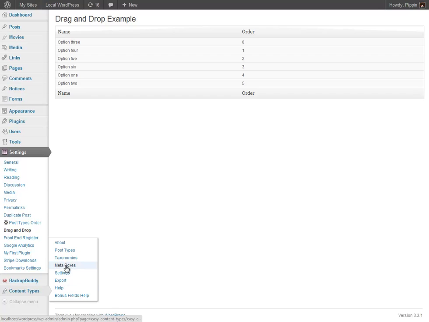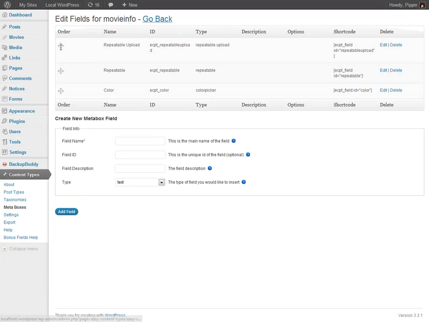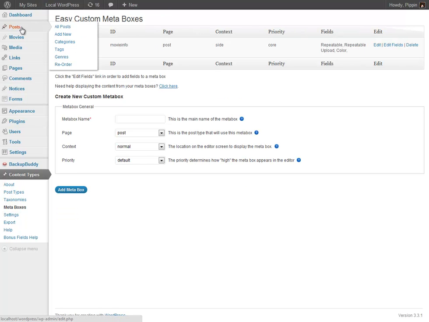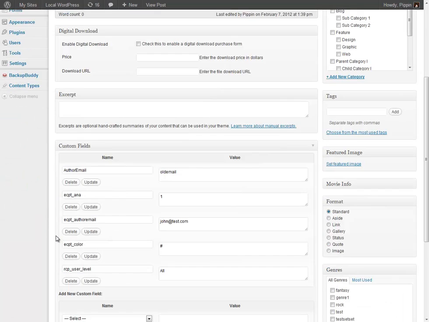Like I showed you in Easy Content Types, we have our meta box fields right here, which we can drag and drop into whatever order we want. We refresh, and we see repeatable upload is now there. And if we go over to our, I believe, let's see, which post type is this on? This is on post. So if we go over to our post, we go to a post, and now scroll down to the bottom,